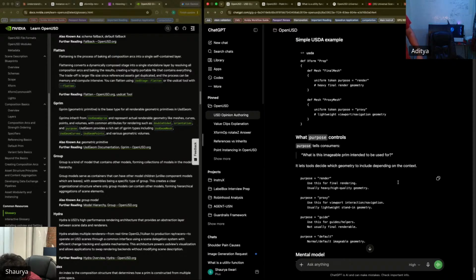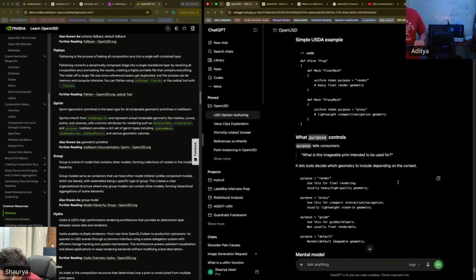Viewport, lightweight. Guide helpers, not finally renderable, not final.